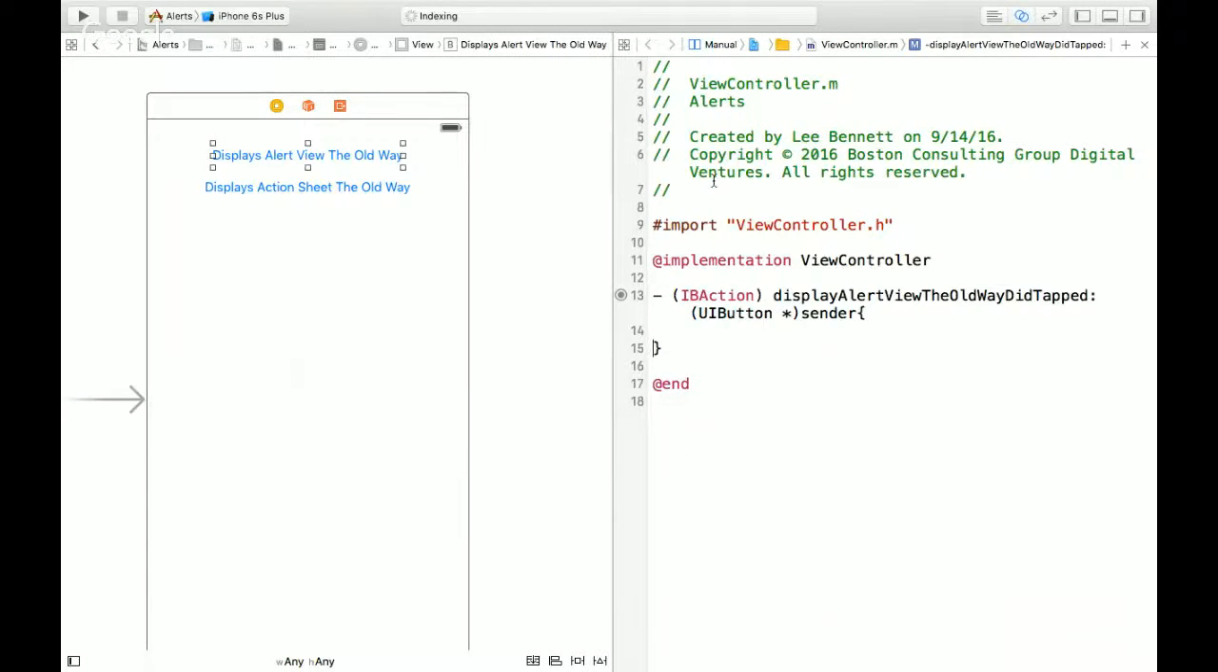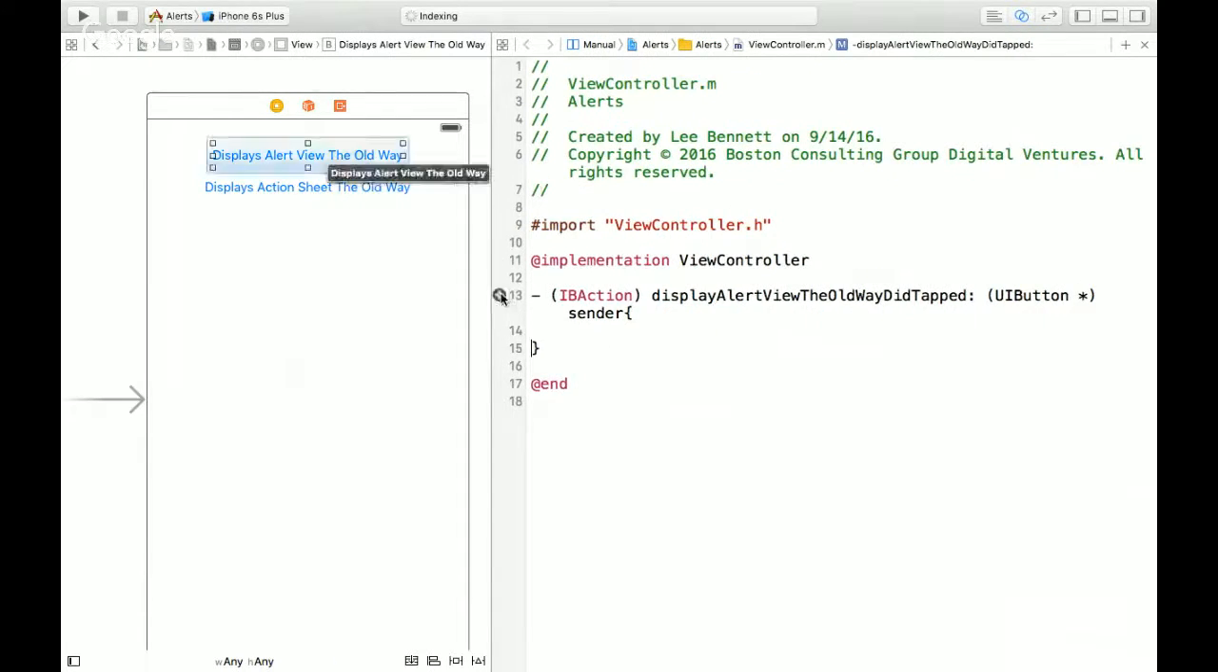Sometimes Xcode doesn't play well. What I can do is restart Xcode, which I generally do, but another way is that you can actually write out the name of the method, and you can connect to your Interface Builder elements that way. All right, so